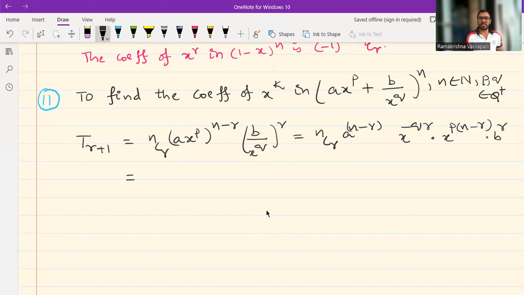So this gives us nCr a to the power of n minus r, b power r, which is entirely constant,